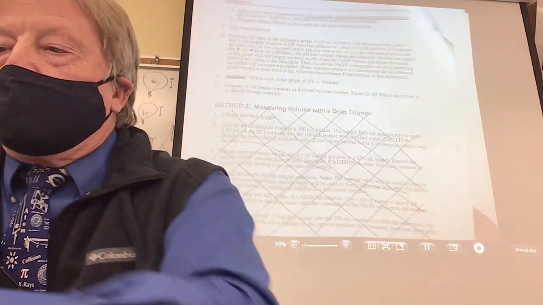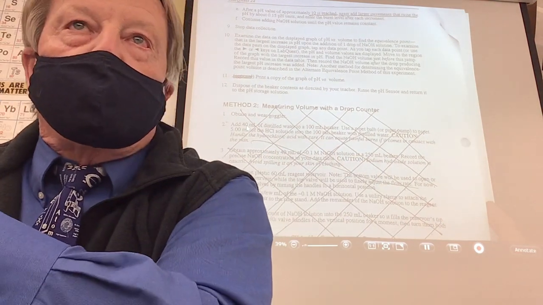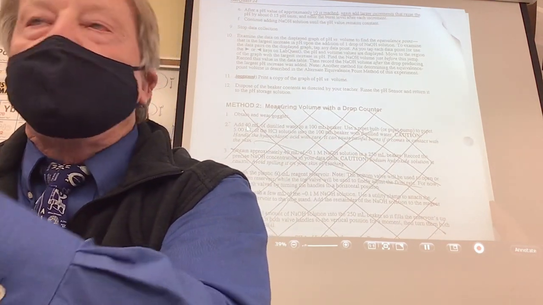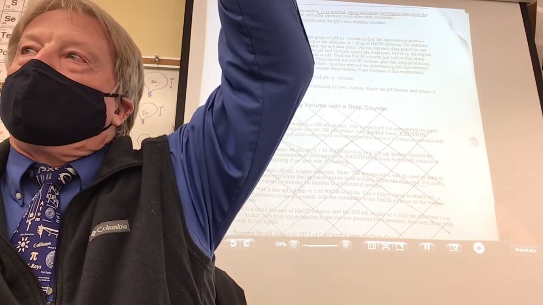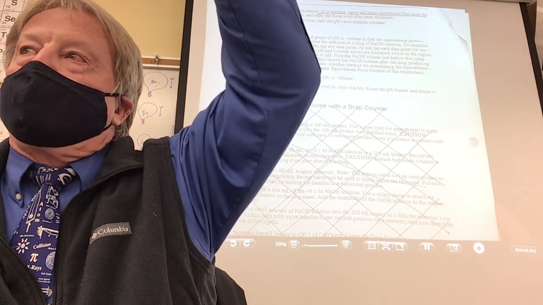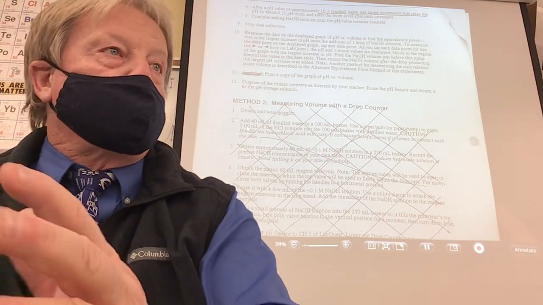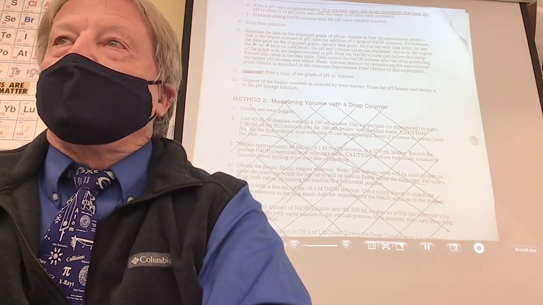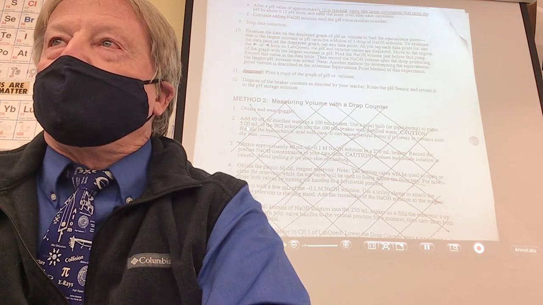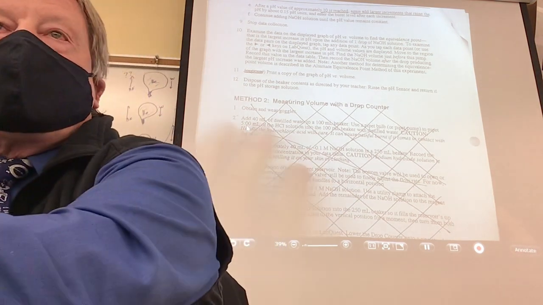And then you just keep going here. They want to sell you a system, and I watched some videos on it. It's really neat. It just costs a lot of money. They have their own version, with a burette, and as a drop goes through, it breaks an infrared beam and counts drops for you, and converts that to milliliters. You just start it up and sit there, and it does everything for you. But I didn't want the school to have to buy that, so that's why I crossed all that out.